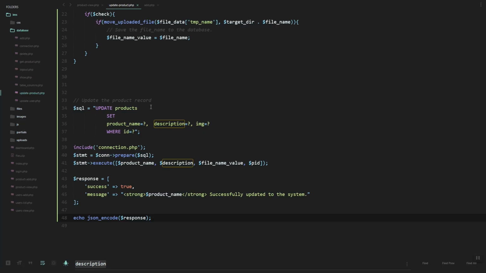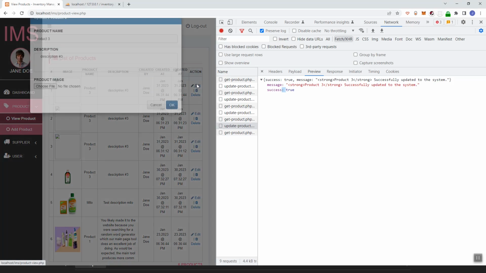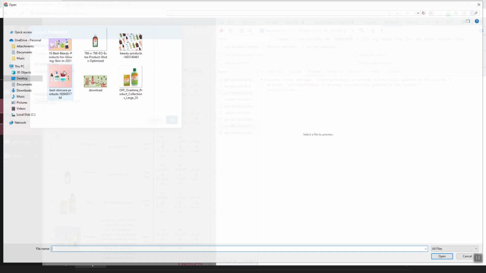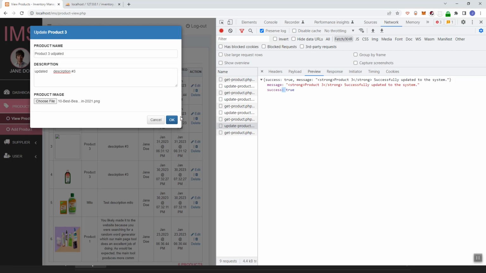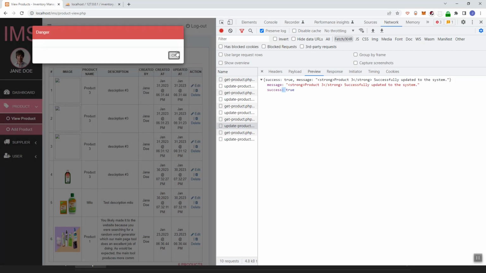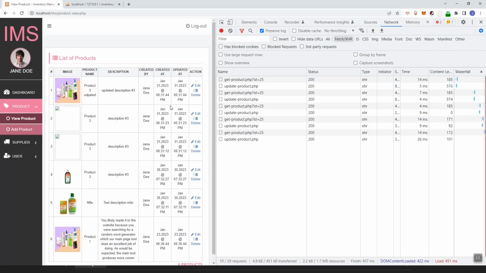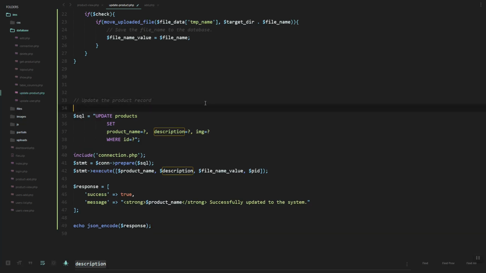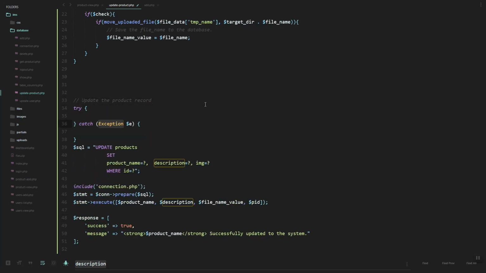So now let's just try to edit and see if this will update the database. Updated and set the file image on the image. And let's just refresh. As you can see here, we have the updated. We set the image and also the description. So it's working. So now let's try to wrap it inside